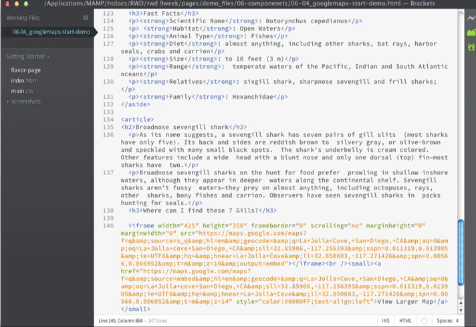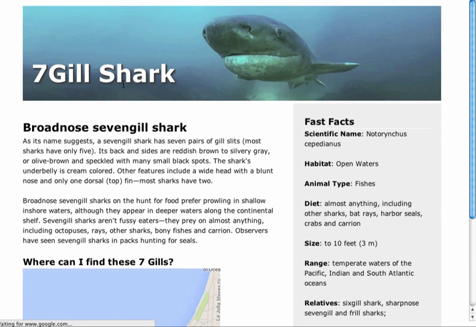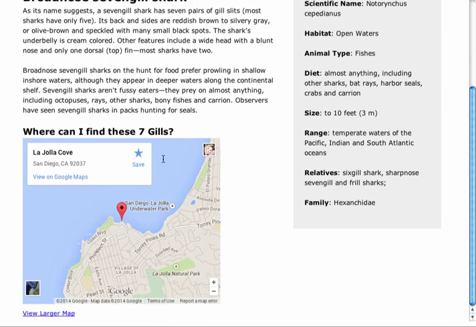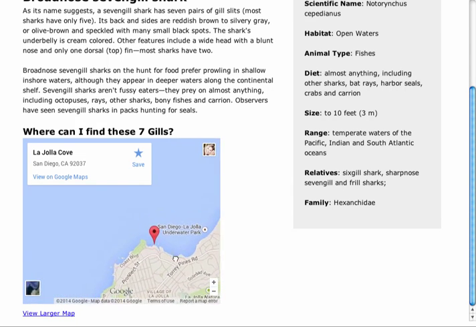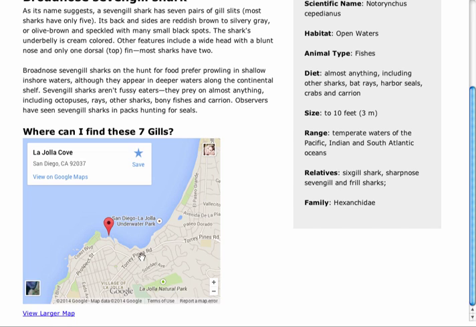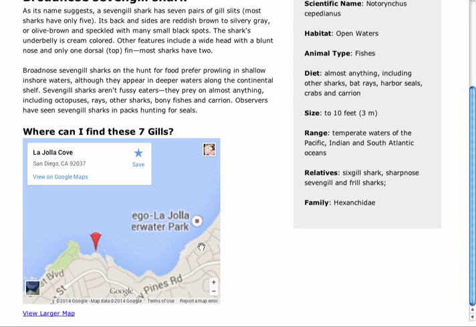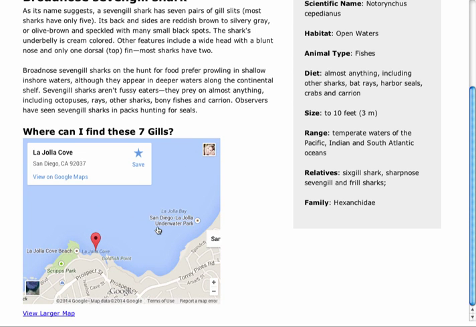If we save and check it in the browser, it's going to generate this map that we can then use in our site, and we could navigate around, and if you click view larger map, it'll take you to a larger map, and you can customize some of these things if you want,